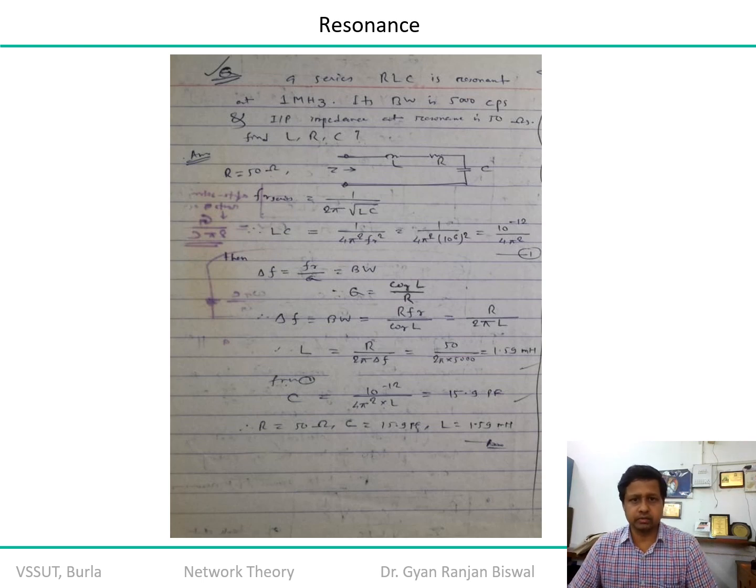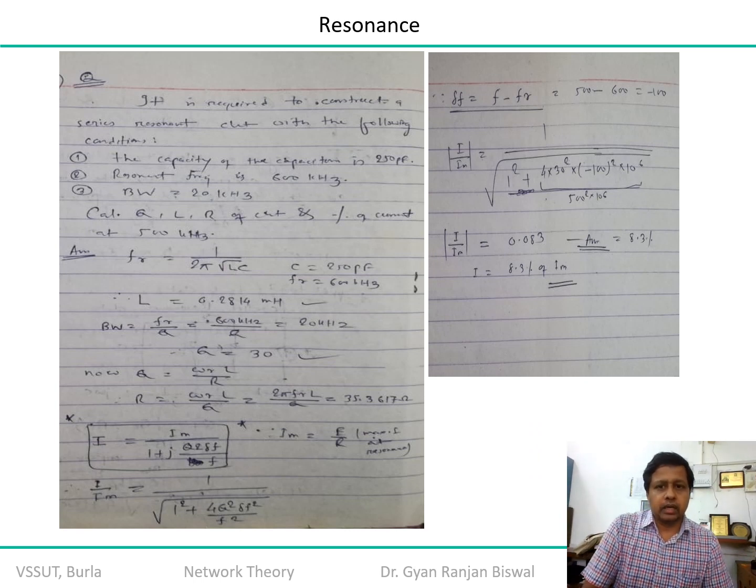So you know the resonance frequency, LC values are supposed to be calculated. The value of the operating frequency is given, the bandwidth is also given. So from bandwidth you can work out the value of Q factor. And with this, first of all you will be able to get the value of L, because L is equal to R upon 2 pi delta F. Delta F is already known, bandwidth is already known to you. The value of resistance is given, 50 ohms. So in that case you can calculate the value of L. Once you get the value of L, using Fr is equal to 1 upon 2 pi root over LC, you can get the value of C.